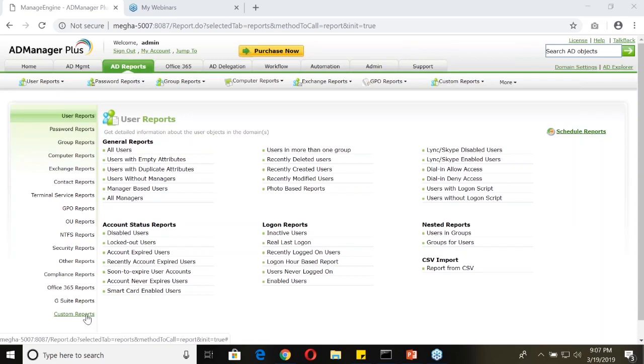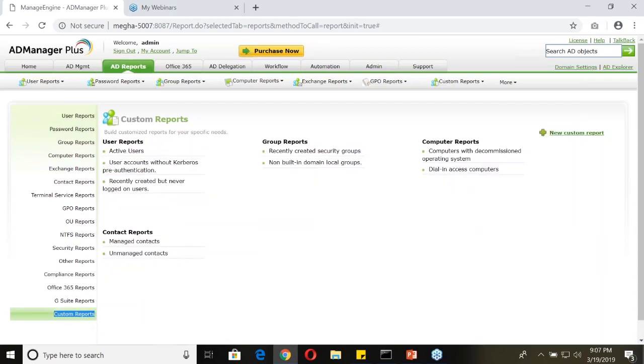So right here at the bottom, you have something called the custom reports. So you can see that there are a number of reports right here. So these have been already created. These are created for your benefit. So you can go ahead and make use of these reports if you feel that these reports are something that you would be needing and you would be using them. But you can go ahead and create a new custom report as well. So if you click on the new custom report,